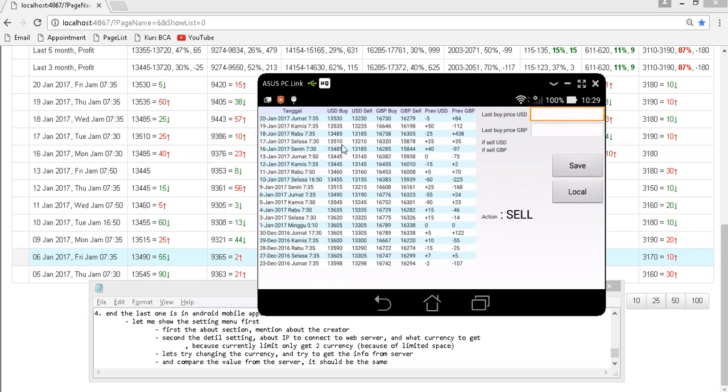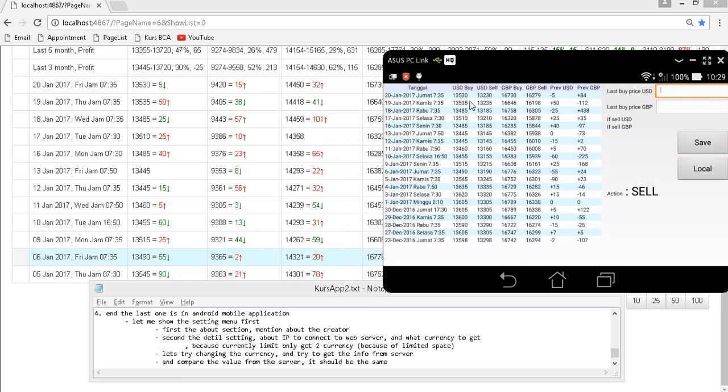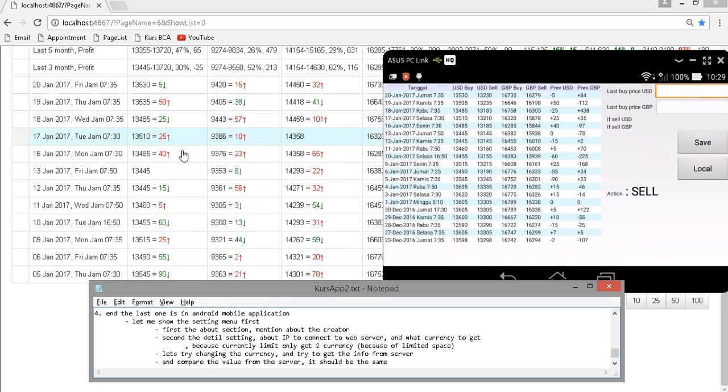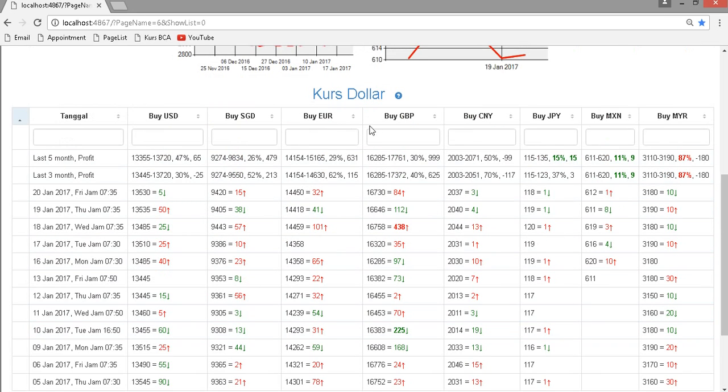Okay, let's move to the tabular grid. This is the tabular grid that I already provide. This I already retrieved. There is the latest value, 20 January. The USD is this one, and the British pound is 16,730. As you can see here, GBP, this one.